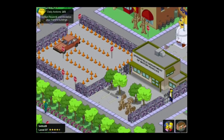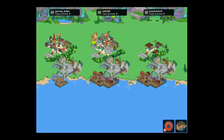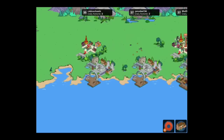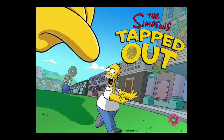Really, really nice design. Now, of course, on top of visiting a few cities, we did visit a few forums during the live stream. We went over to the tappedout.co.uk What Did You Do With page. We went over to the TSTO forum, which is a really popular forum, with some really good designs on there, including one I especially liked, which showed a car that had crashed through a fence, through a hedge, and then they'd cleverly shown